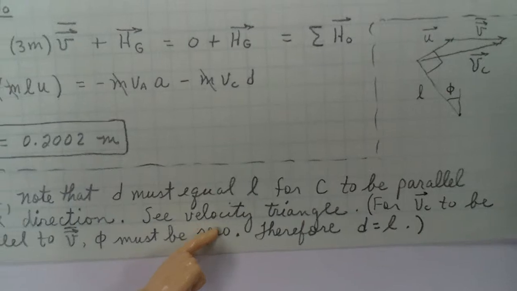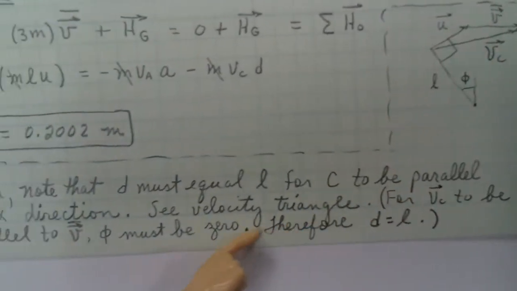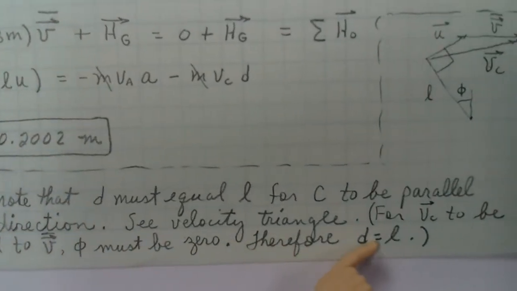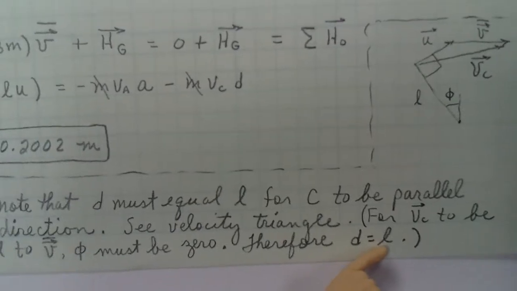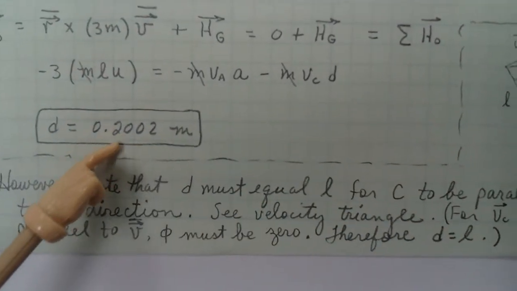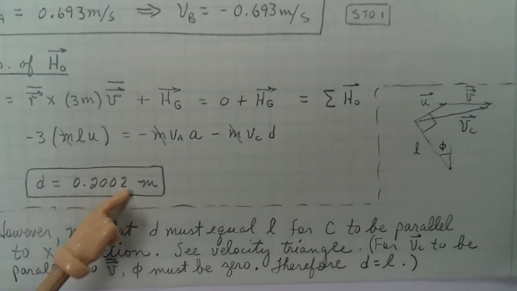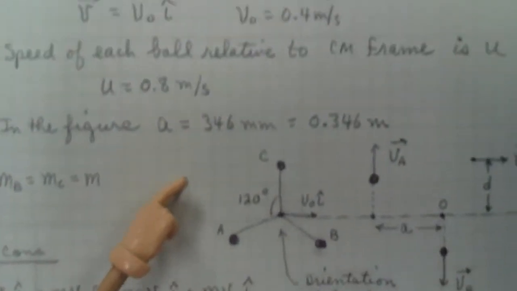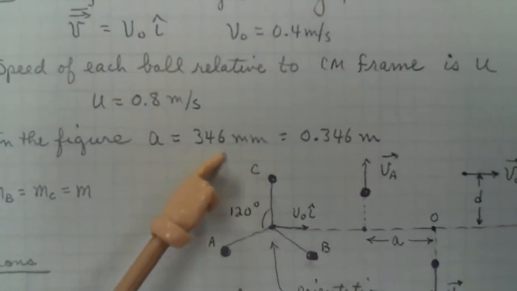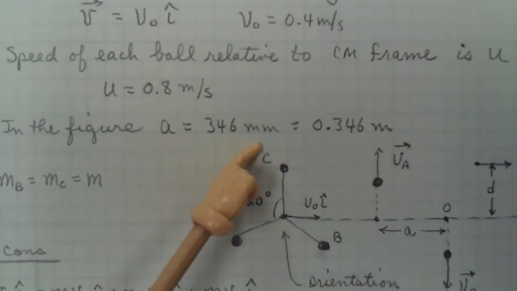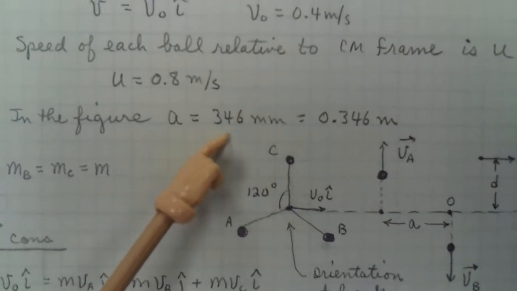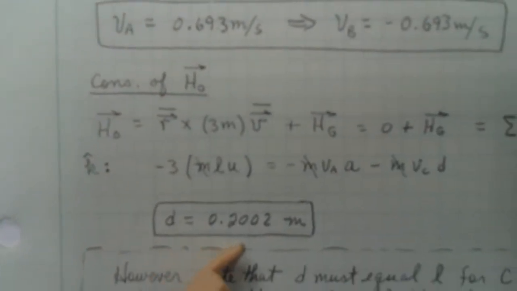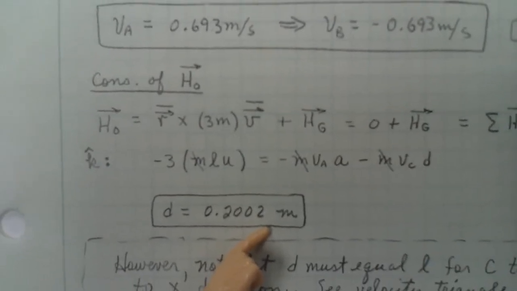So for v sub c to be parallel to v bar, phi must be 0. Therefore, D would be equal to L exactly. And L is 0.200 and not 0.2002. I think the difference in this problem is because when they give us the value for the A up here, 346, that is probably a little bit inaccurate. It's probably good to 3 significant figures, but not to 4 or 5, and that's probably why you get a different L value or D value right here when you look at the 4 significant figures, when it should be exactly